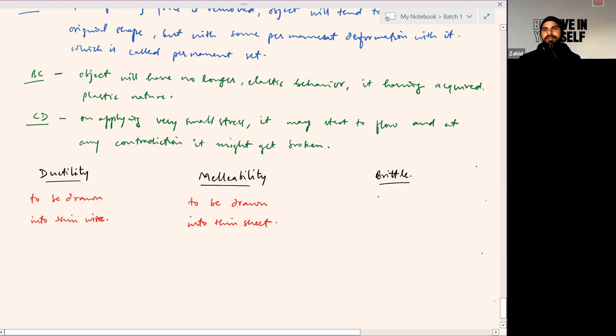And brittleness is the property of glass: if you apply some pressure or force, it may get broken into pieces. Now, related to this stress-strain curve,